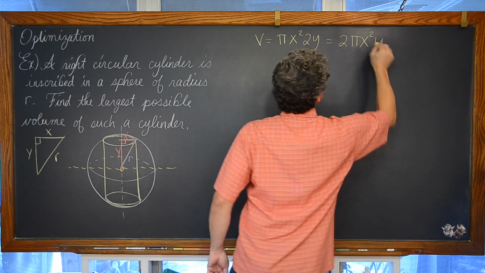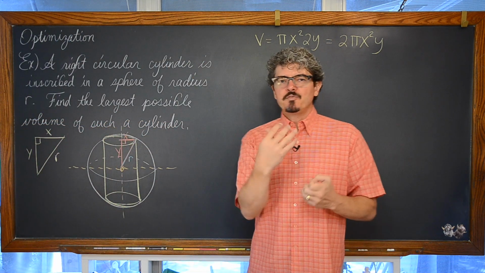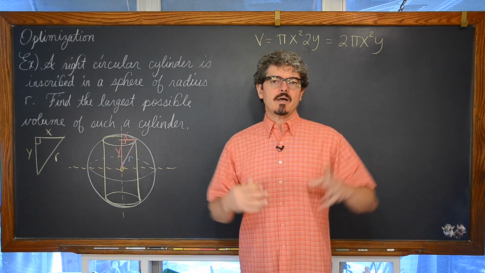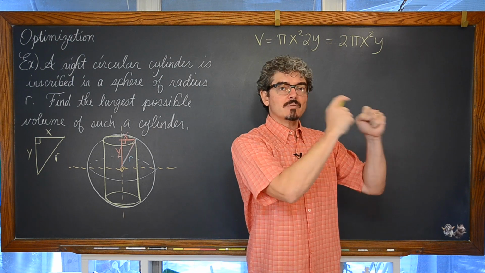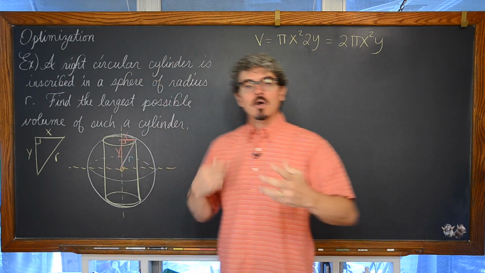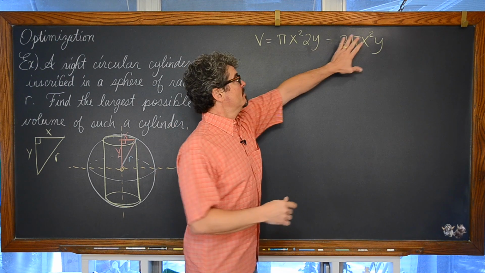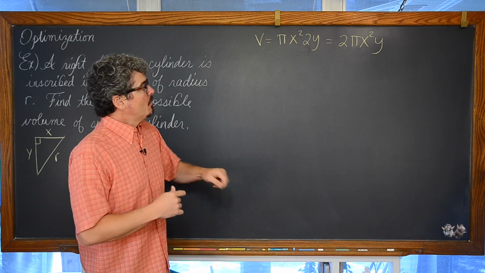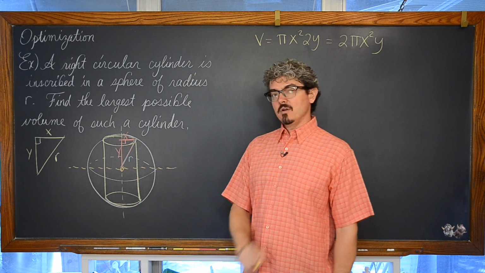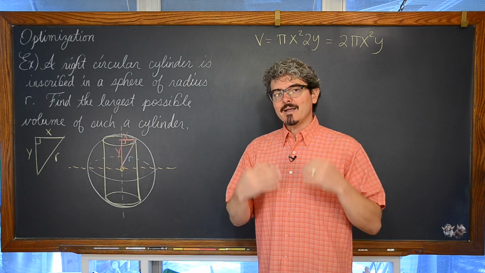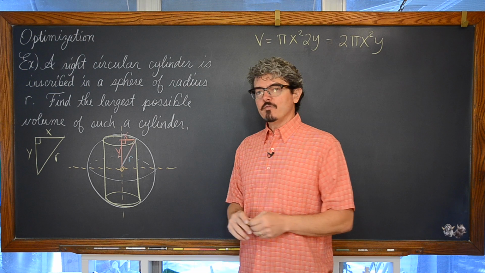x squared times y. But here's where we need to bring in that fixed value. If a question was about variable volume with a fixed surface area, we'd have to do some kind of substitution to bring information about that fixed surface area into the volume. Well, the only thing fixed here is the information about R. We don't just want the volume of any right circular cylinder, we want the volume of a cylinder inscribed in this sphere with a radius of R. We somehow need to bring in that constant, though it's unknown, that constant value of R.